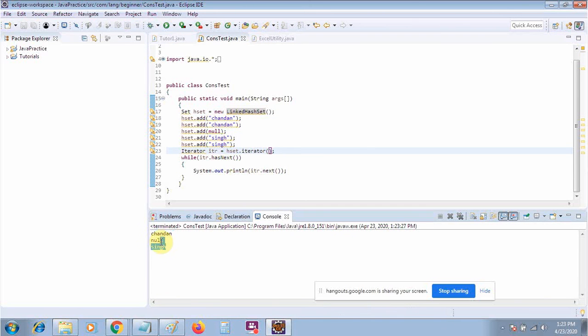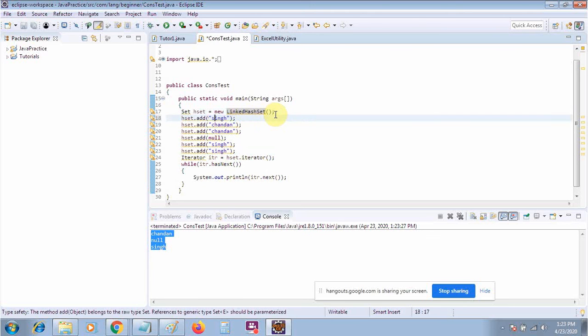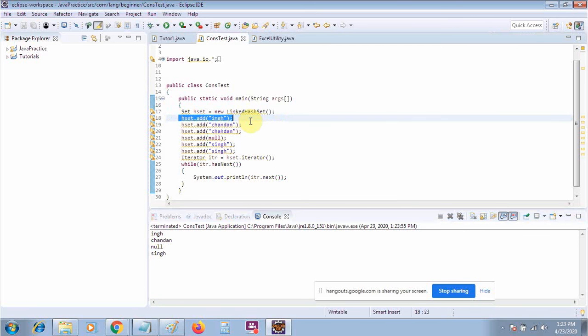All these things are in an order. Suppose I have a name with a y. Now suppose I run this one. It will not be in the order, whereas in general it will follow the insertion order in this way. So you have to work on this one.